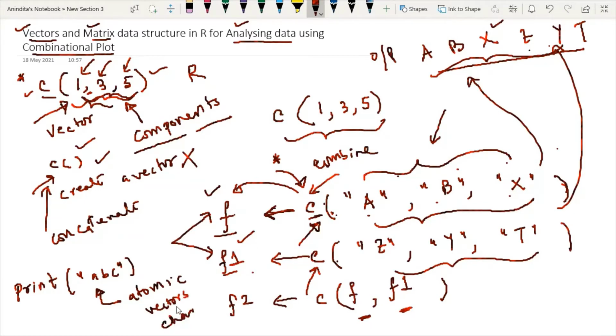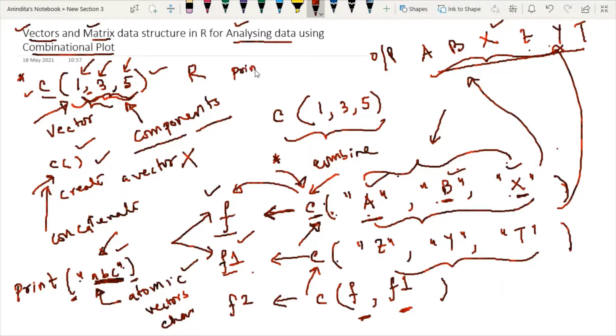Whenever we have a single component inside a vector, it is known as an atomic vector, and character data types are written in double quotes. So from this example, you can understand that these are vectors of type character. However, these are not atomic vectors because we have more than one component in this vector.